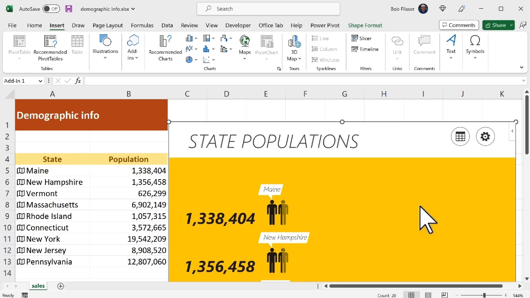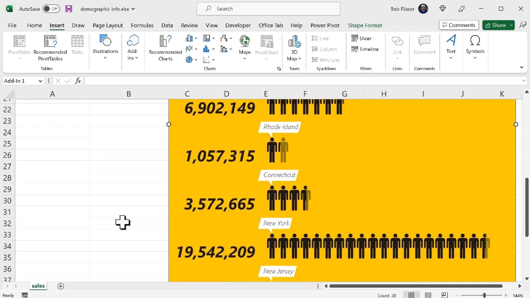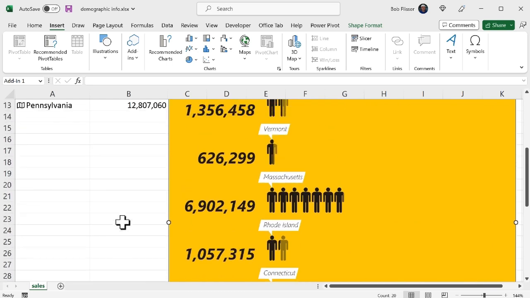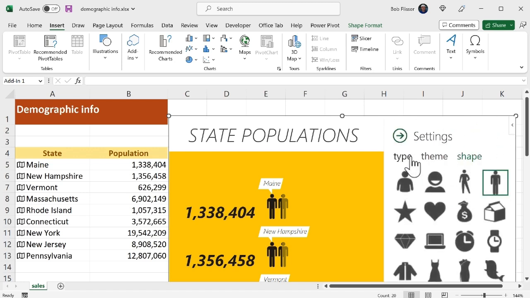And close that. So now I have a header. Now, looking at this, you can see a column chart or a bar chart. It really shows you what the difference is in size for each one. And at any time I could go back to the gears and I could say, all right,